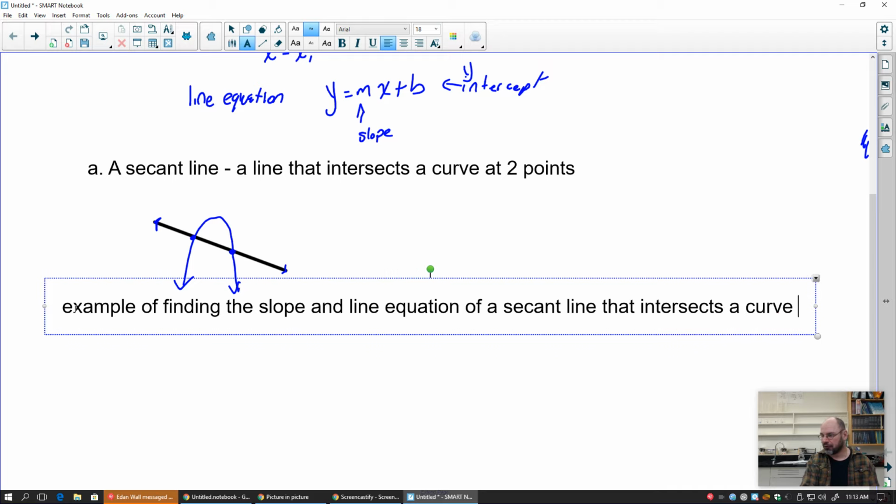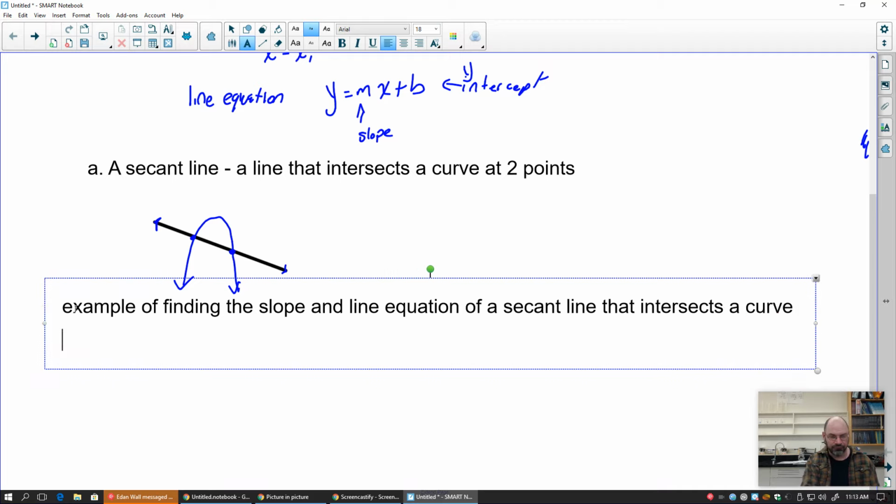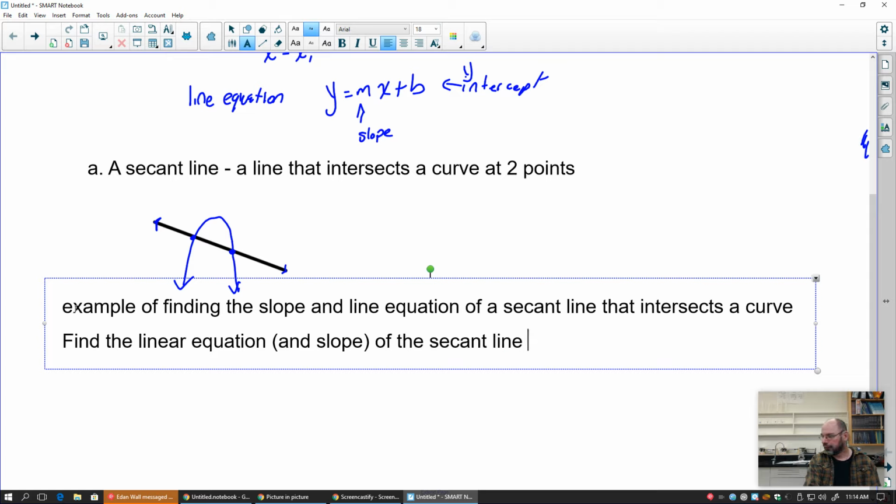So that's what we're going to do. We're going to say: find the linear equation and slope of the secant line that intersects the curve